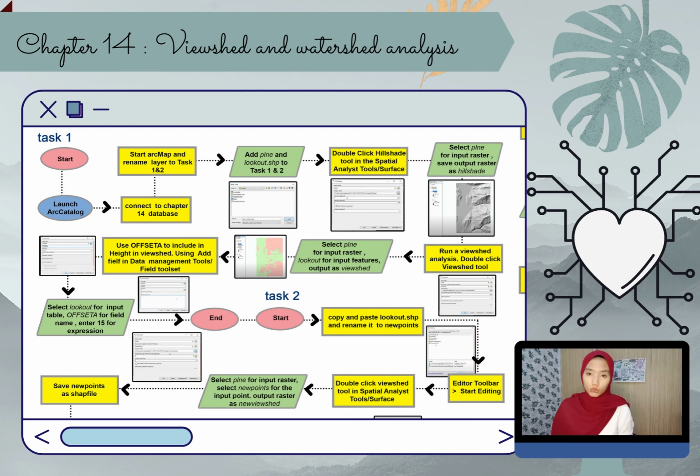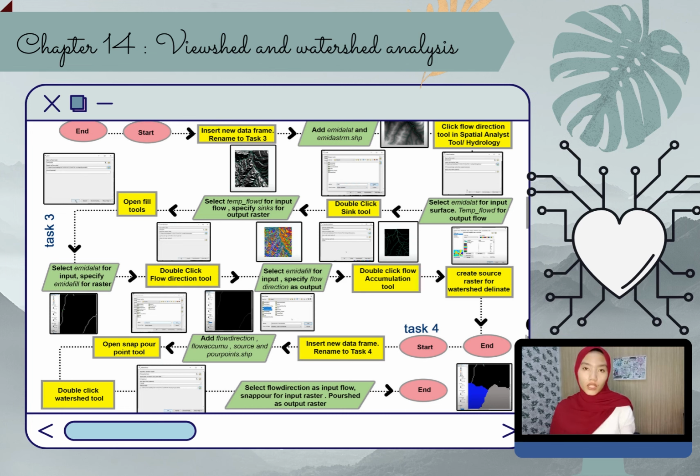So in task 2, you will create a cumulative viewshed by using two viewpoints. One of them is added through on-screen digitizing. So what you will need in this task 2 is pine and lookup.shp data source. So in task 3, chapter 14, in this task, you will explore new data such as amygdala